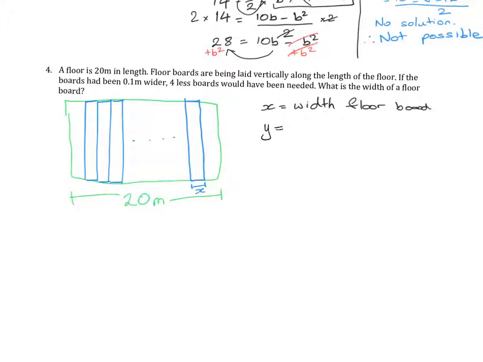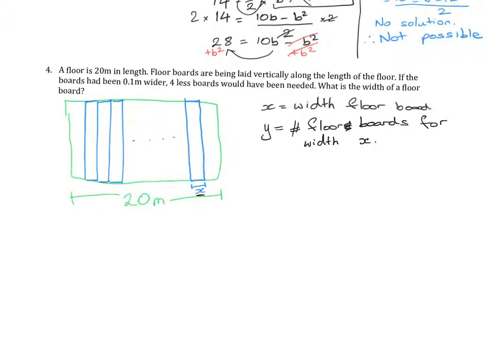So I'm going to let y be the number of floorboards for width x. So in other words, the number of floorboards needed to fill up 20 meters when the width